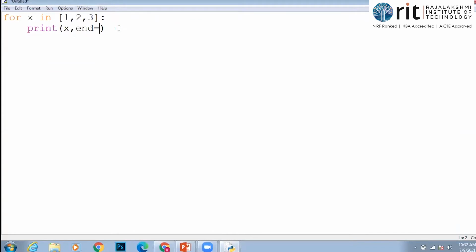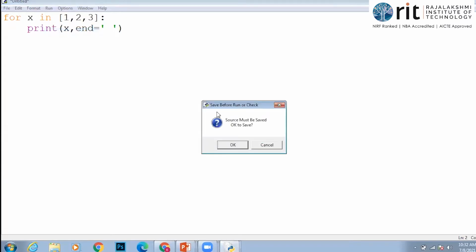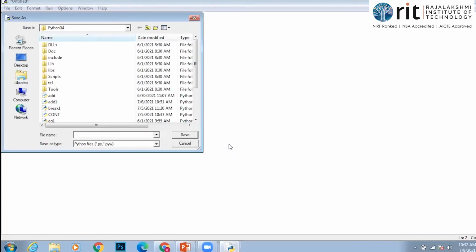I'm going to give a white space there. Okay, so let me press tab there. I mean, sorry, white space, space bar. I'll have to save it. So it is asking me to save the code. So let it be.